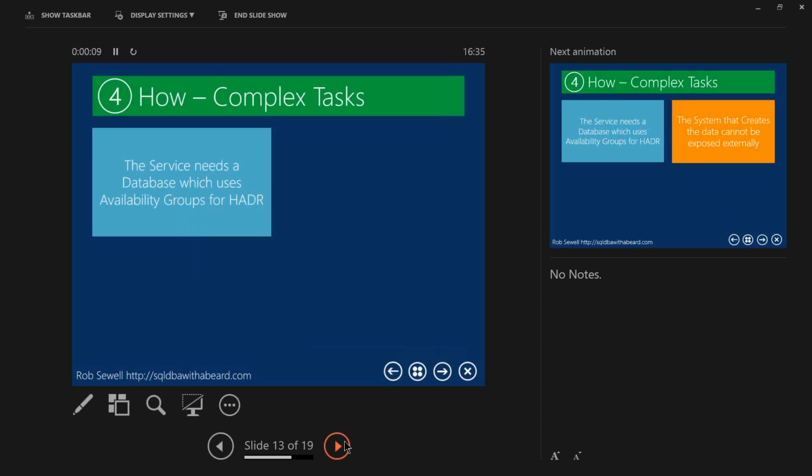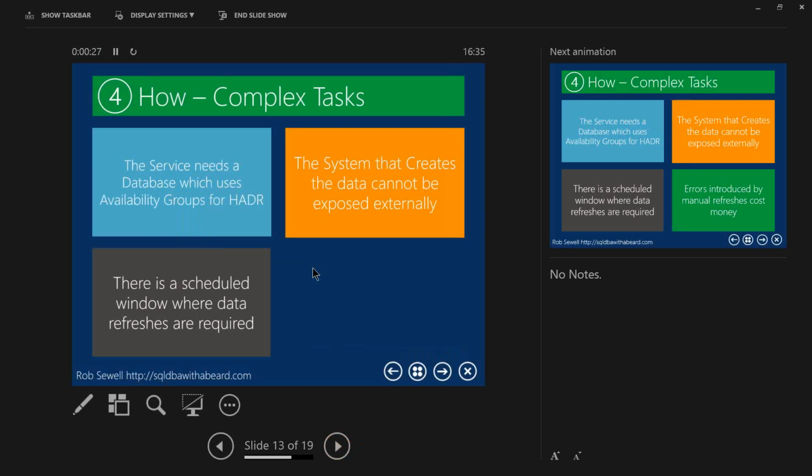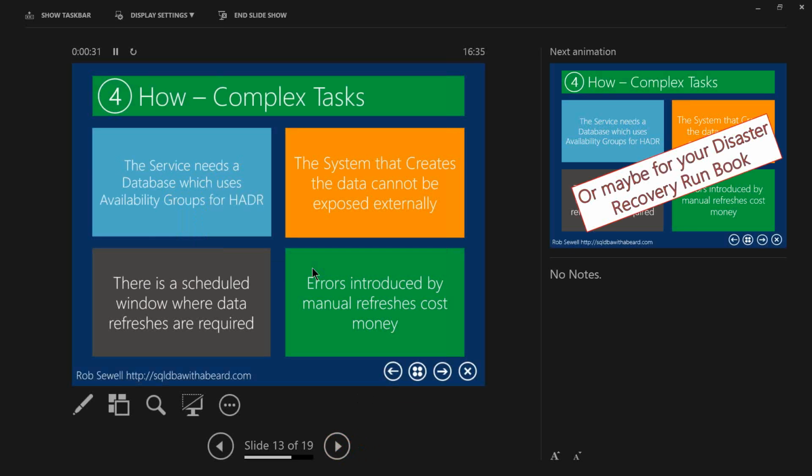Complex tasks. So here's the scenario. Here's a scenario. A service needs a database which uses availability groups, but the system that creates the data cannot be exposed externally. So there's a scheduled window where data refreshes are required. Obviously, errors introduced by manual refreshes cost money. This is a real life situation